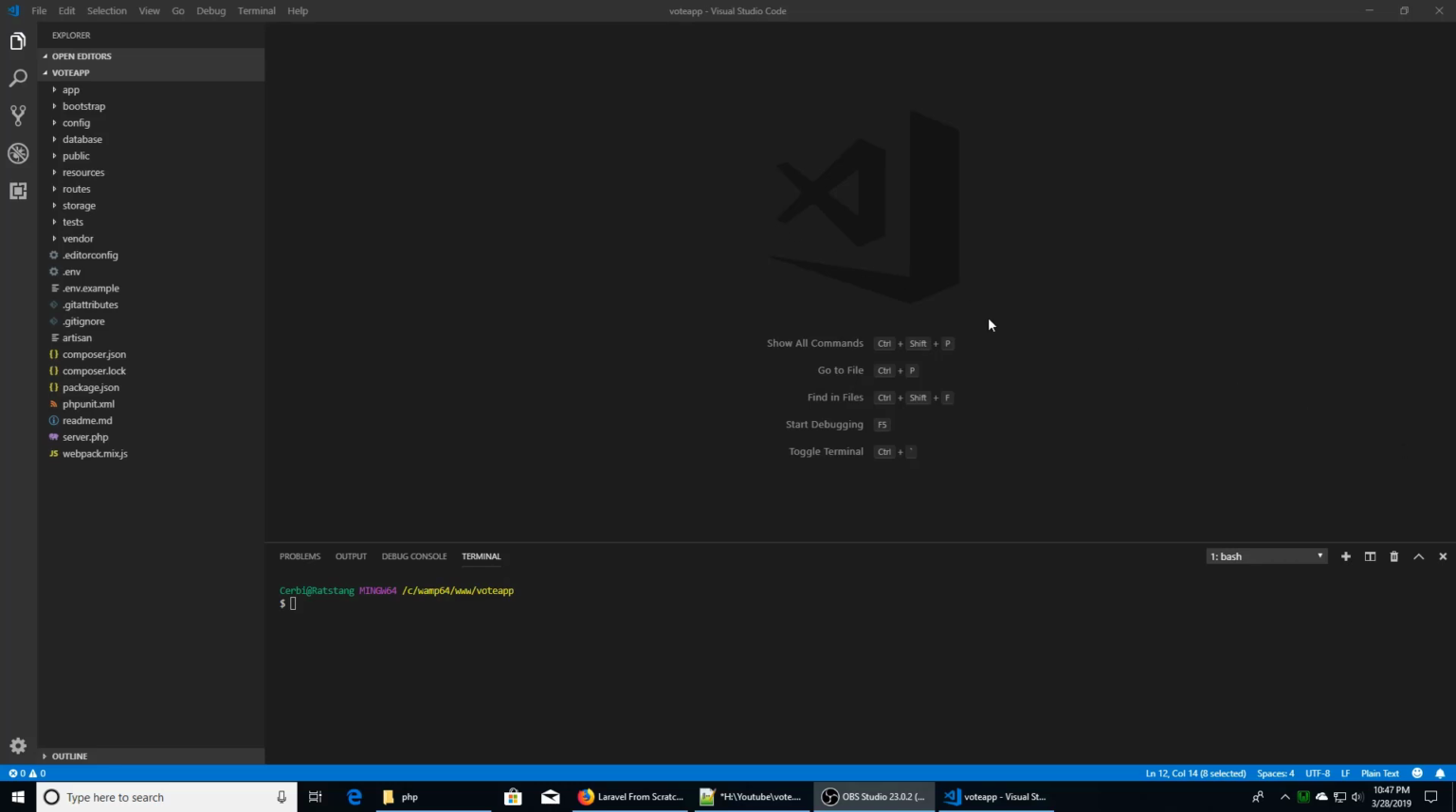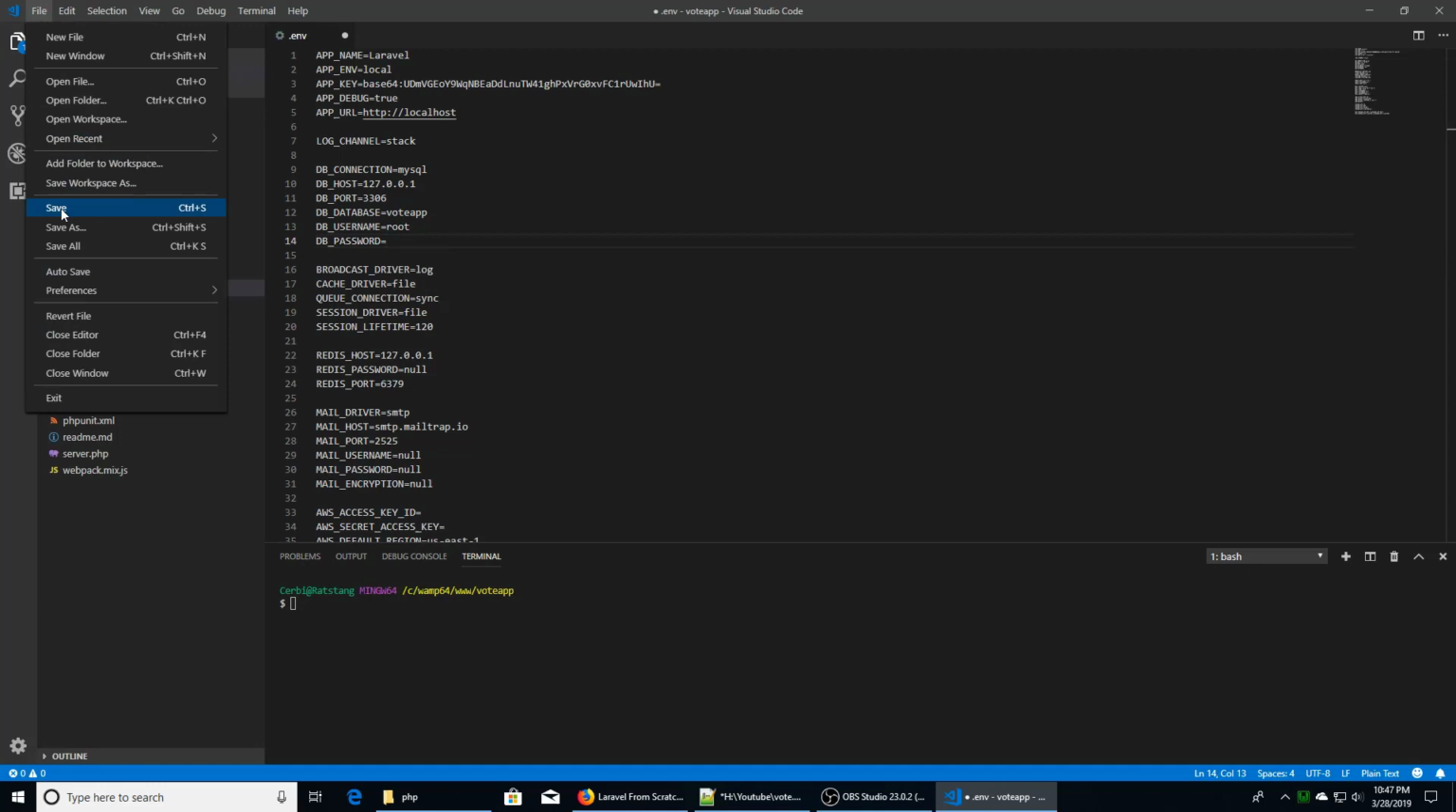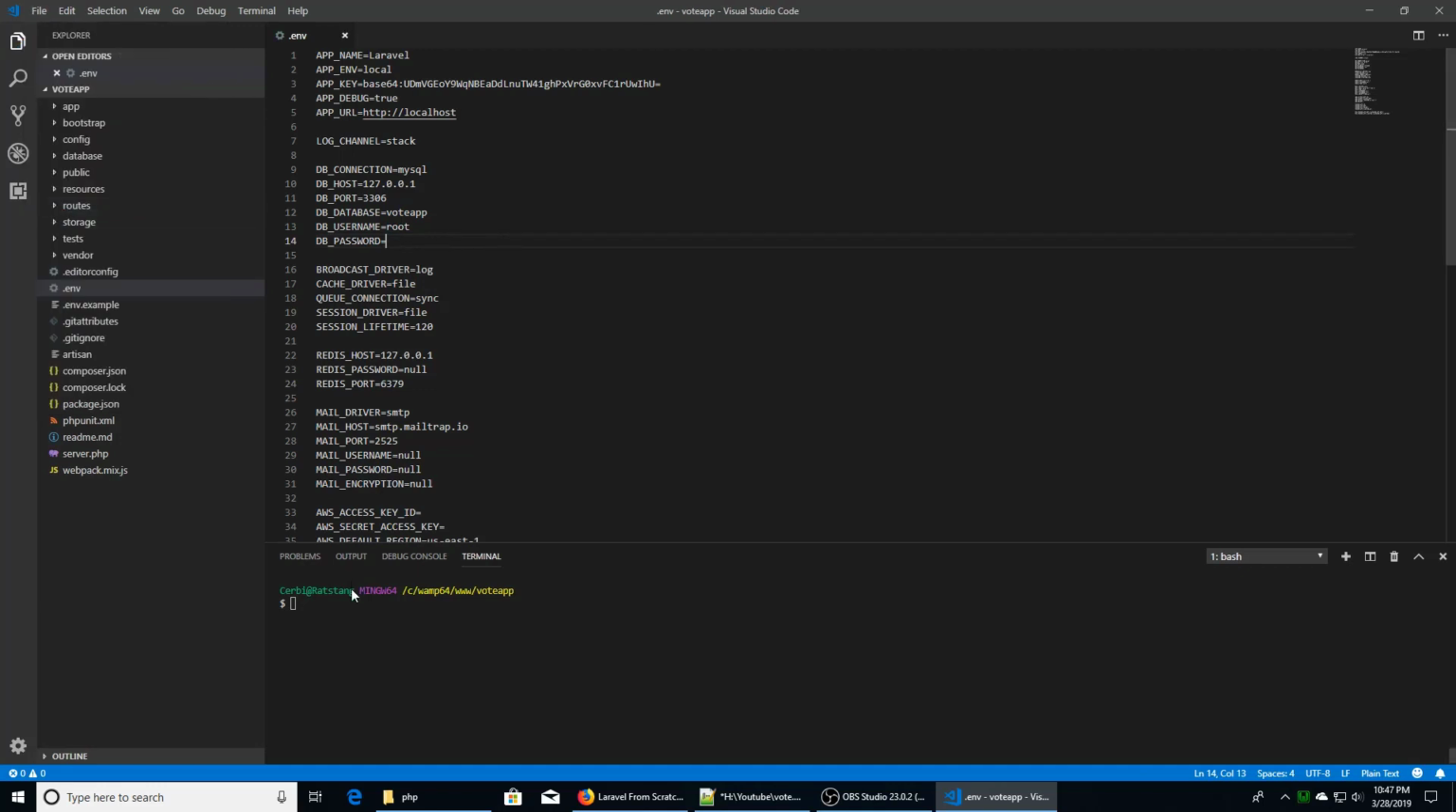Alright guys, before we start with our database migrations, we're going to have to set up our database and .env files, which we'll start with our .env file right here. Down here in the database section, I'm going to name the database vote app. My WAMP database right now, this login is just root, and the password is left blank. I'll save that, and I'll come down to the terminal and I'll do